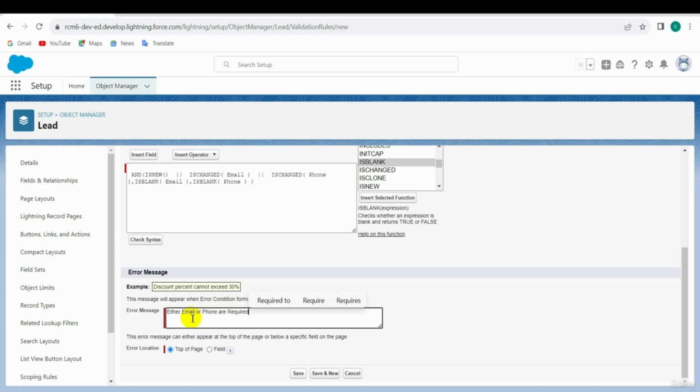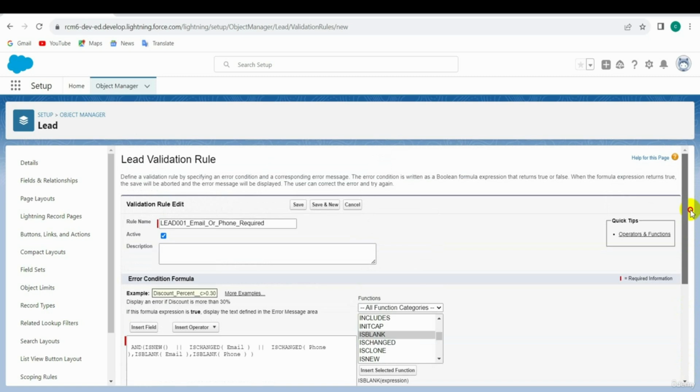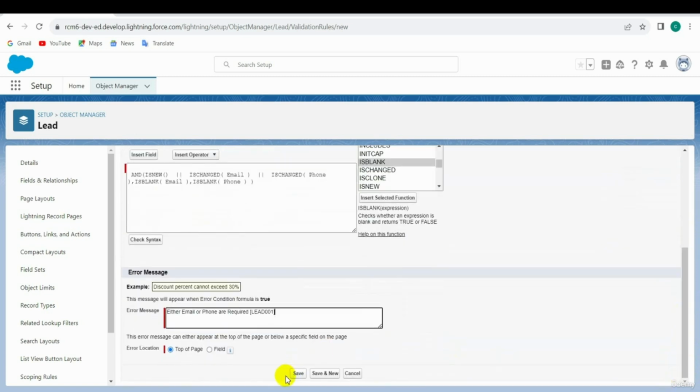it's required, and here I am inserting, first creating this parenthesis. So here I am inserting the lead, and it's the name for one. Okay, so now I'm closing this process. So here and last one in this error message, I'm selecting the top of message. Okay, so now the lead validation rule I have completely created, and now just click this